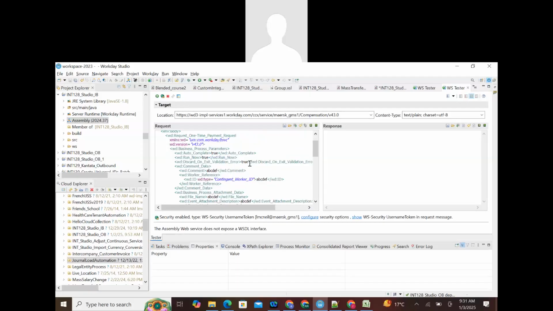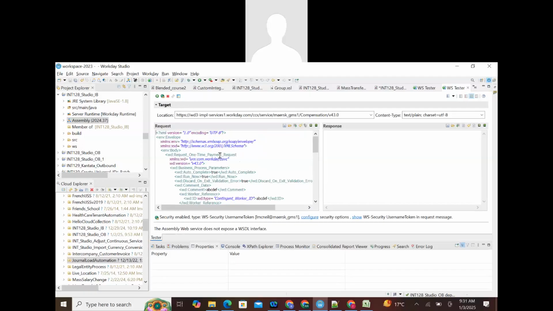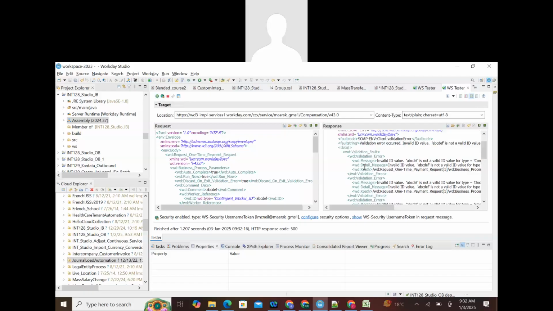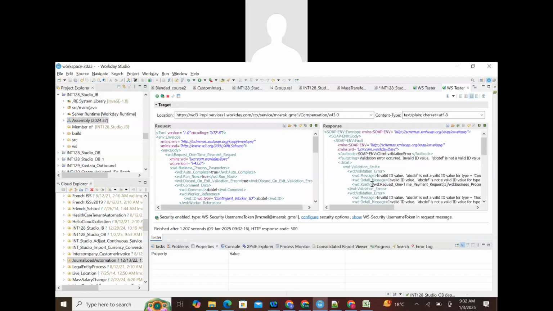This is the response that comes if you send this request. So how can we send this request to Workday? We have a Send Request option, the green button, if you can observe here. Once you click on this option, Workday will give you a response. What is this response? If you observe,